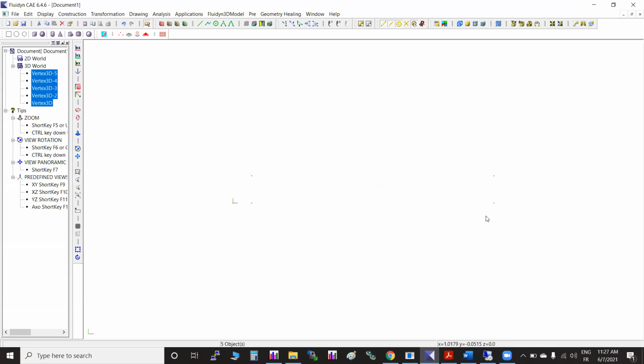Now with these points, we need to start creating the connecting edges. We have an option: you can create one line at a time between 2 points. If you are not able to see it, I'll make it more visible.